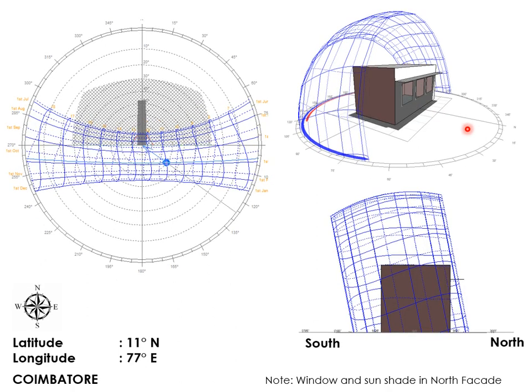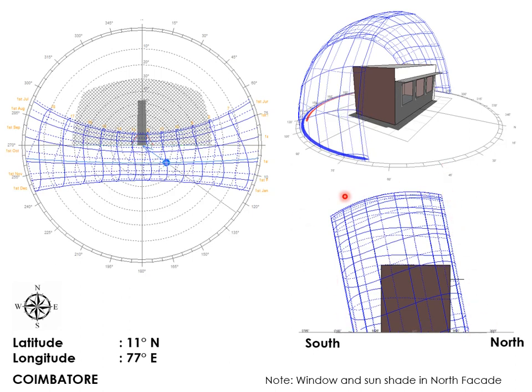So if you go to the next place, Coimbatore. From Malaysia, if you travel to the northern part, from the equator we are traveling to the northern part, that is our place in Coimbatore. As you can see, there is a little bit of tilt in the sun path. Can you see? It's a little bit of tilt.